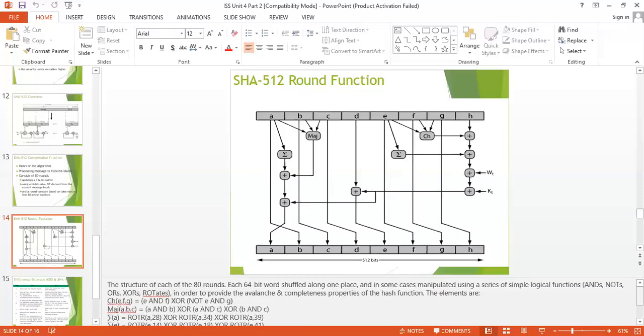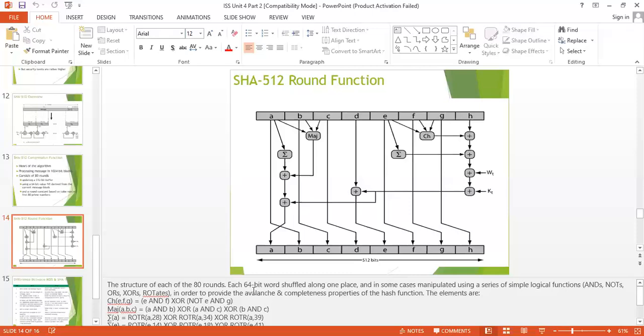So this is basically a SHA-512 round. This is one round; a total of 80 rounds are performed on the message. Finally, after this, the message is stored in the A, B, C, D, E, F, G, H registers. This is called the single register, and its size is 512 bits. So this is basically the MD5 algorithm and the secure hash algorithm.